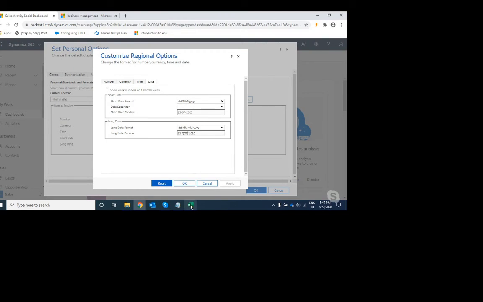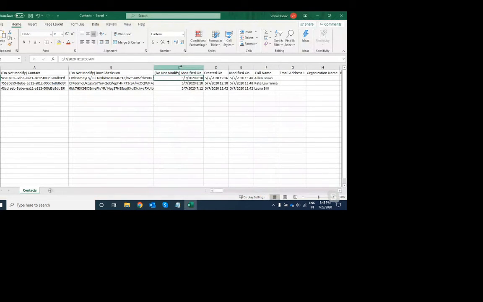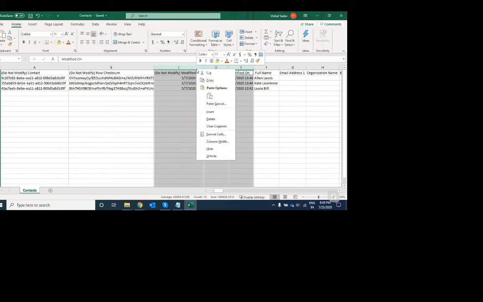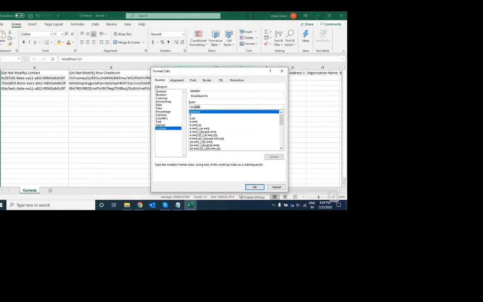So I'm going again to my CSV file and I'm changing this format. To make the change for all these columns at a time, I'm selecting all these columns and then right clicking and going for the format cells option. I'm clicking on custom, and here I'm entering the same format that exists for my instance.